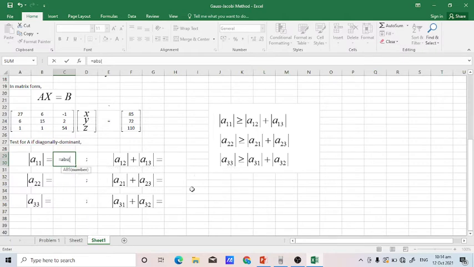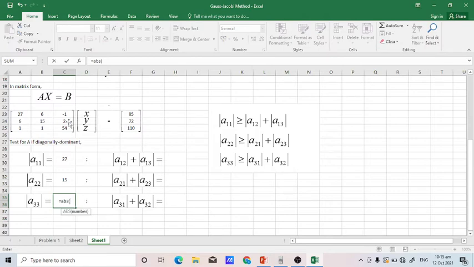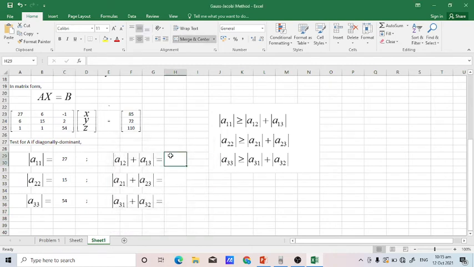No? Absolute value of a number, A11 is 27. Ito. Okay. Tapos ito naman, A22, absolute value of 15. A22. Then, ito, absolute value of 54. Yeah. Tapos ito,